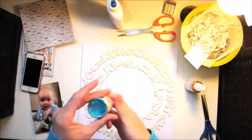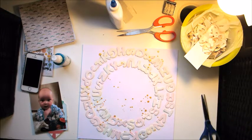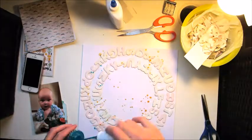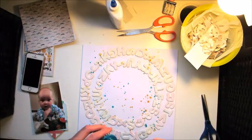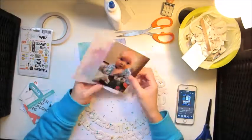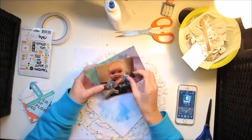Then I got my Hardy Shine, as you can see, and I shake up my Hardy Shine and then splat on some gold and splat on some blue. The blue was almost a perfect colour of the outfit that my baby was wearing in the photograph, and the colours that I use of the Totally Rad and Cool Kid collection that I used to